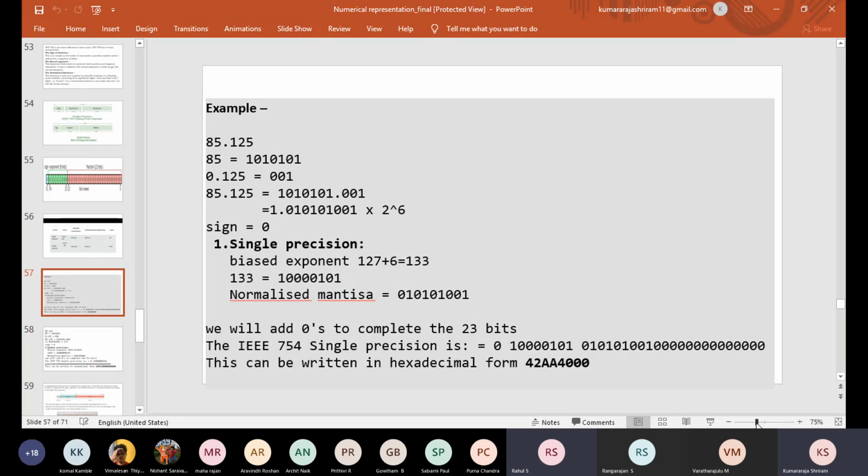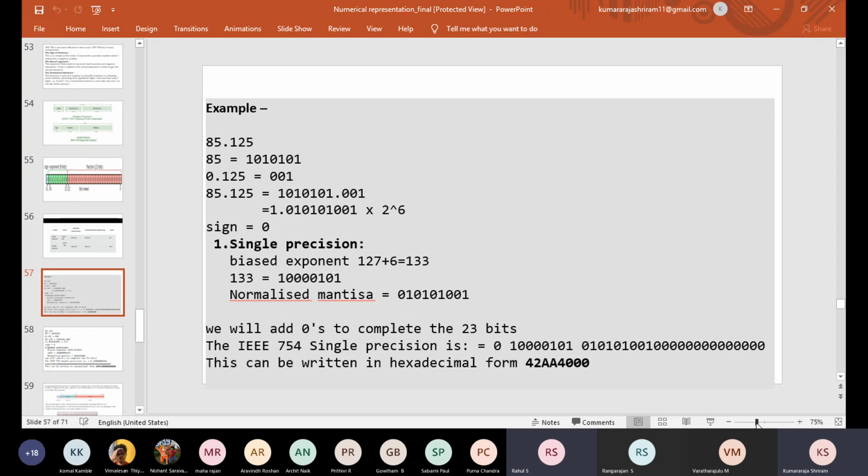And we were told that the bias exponent is 127. And here for 85, that's the base value. Whatever the number is, its exponent will be added to the bias exponent, and that will be stored as the stored exponent. So the base being 127, and here it's 2 power 6. So 2 power 6 will be the extra exponent that will be added to the base. So 127 plus 6, that is 133.